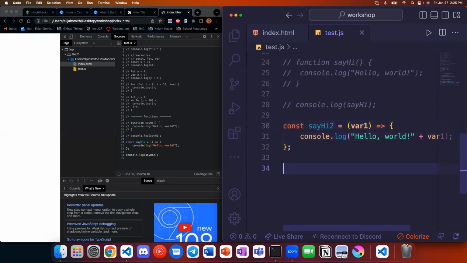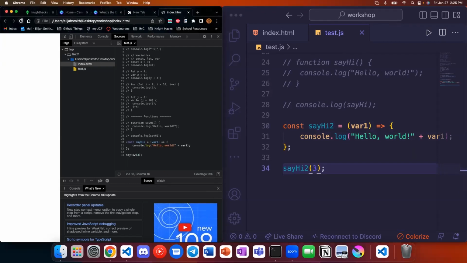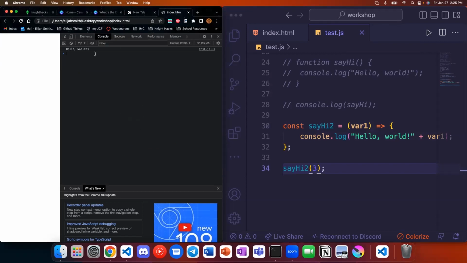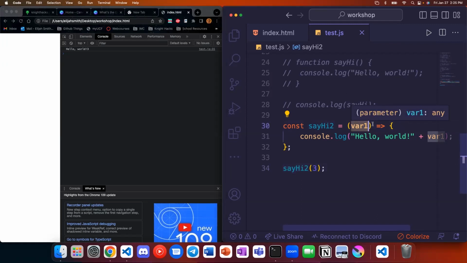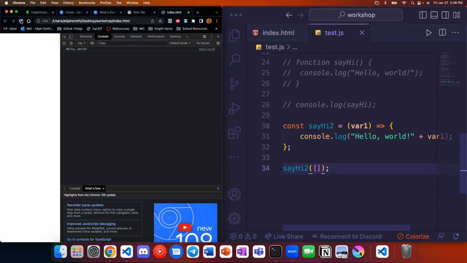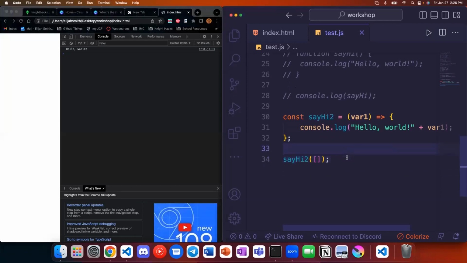And now when we invoke this, we can pass in the number 3. Oop. And so now it prints hello world plus 3. So we can pass stuff in. This doesn't have a type. We can't specify a type in base JavaScript. So I could pass in 3. I could pass in another string and concatenate that. There's some really weird stuff you could do. I could pass in an array here and it'll try and concatenate that. That doesn't do anything. There's a lot of things that should not really be doable, but are doable.